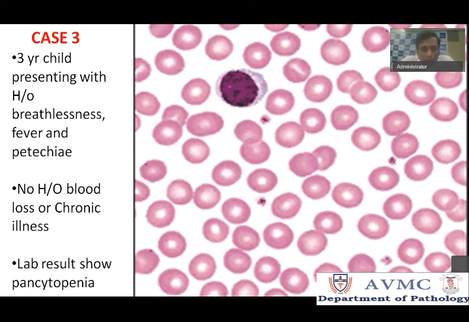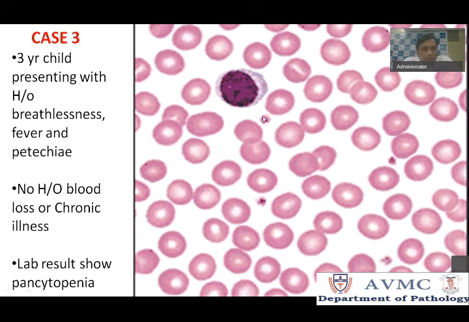Second, you are not eating, so it's a deficient intake. Third, you are eating a normal amount, but it is not getting absorbed. For example, the patient has gastric cancer and has gone for a gastric resection. The thing will not be absorbed, so malabsorption is a third cause. And there are some causes called miscellaneous, like parasites. Hookworm can cause iron deficiency anemia, and similarly fish tapeworm can cause B12 anemia. So these are the common etiologies for nutritional anemias. I just wanted to complete that, so I discussed it here.